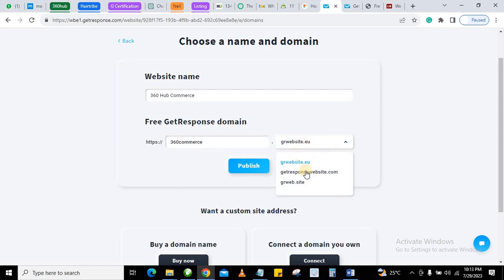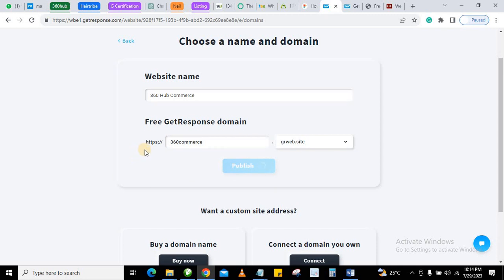If you want that, or you can change it to GetResponse.com or this GROWeb.site, and I prefer this, right? It's more generic. It's more of a general domain extension in a way, than the GetResponse site. Or you can use this, but it is longer, so I will not prefer this. Right, so after selecting what you prefer here, what you want to do next is publish your online store